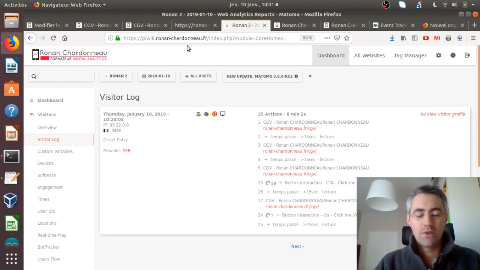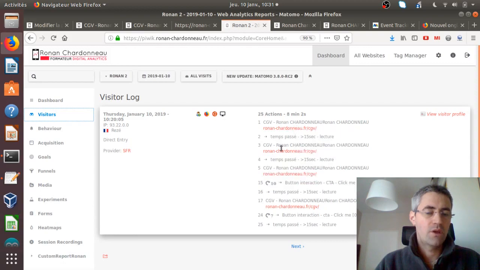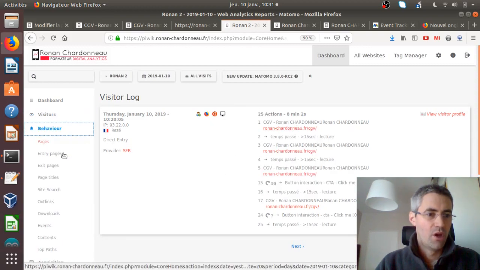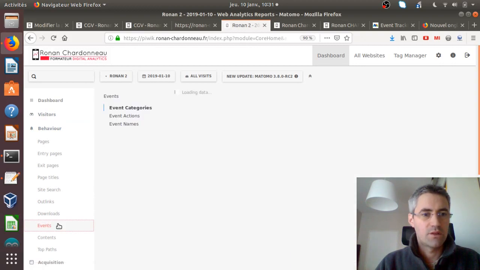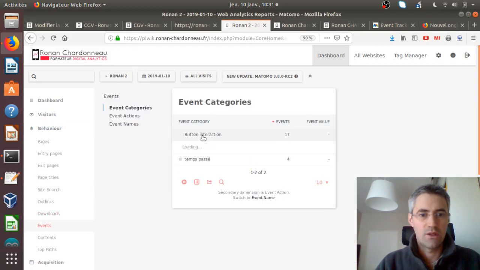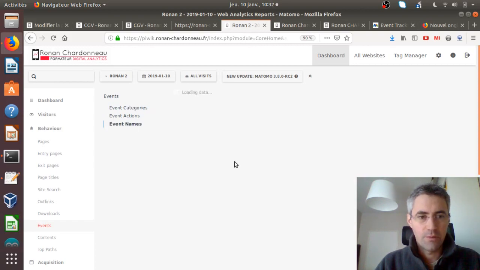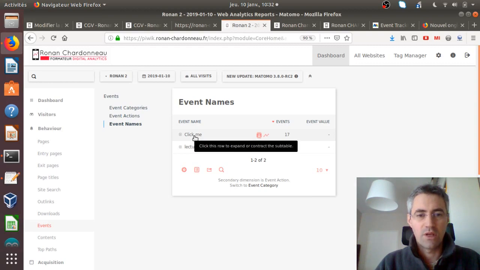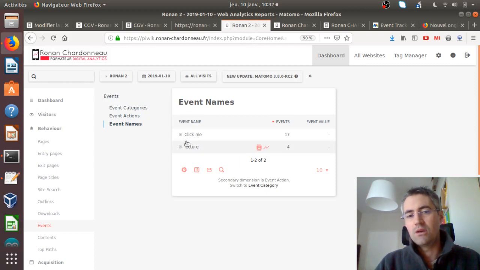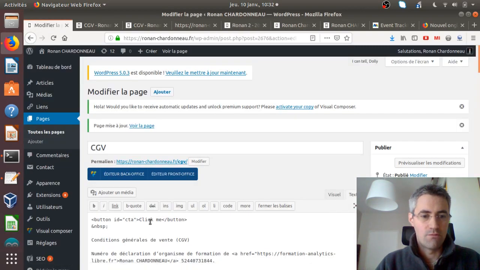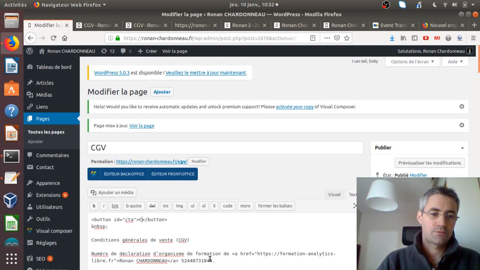So here's already how you can measure the performance of this given button, because once the data is processed through the raw data, it will appear here within behavior and within events. So that's where it will appear. You can see that here you get the performance of the CTA button and the names. Okay, so here you can see the click me button. What you may be interested in now is to know if the click me button CTA is working better than the get a quote. So in order to do so, you just need to modify here the name of your